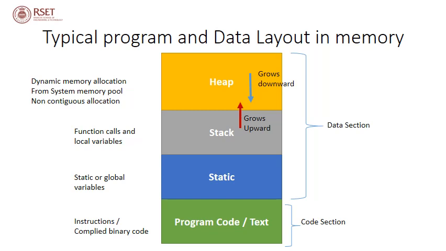Next, we have the heap section. Now, all the dynamic memory allocation will happen from the heap section. That is, whenever we use pointer variables in C or whenever we instantiate classes, create object references in Java or C++, we know that memory will be dynamically allocated, and that happens from the heap section. And the heap grows downwards. Another important concept is that in heap, memory can be allocated in a non-contiguous fashion. It need not be continuous.